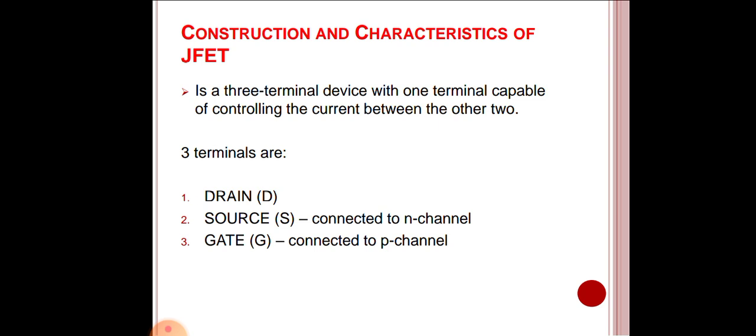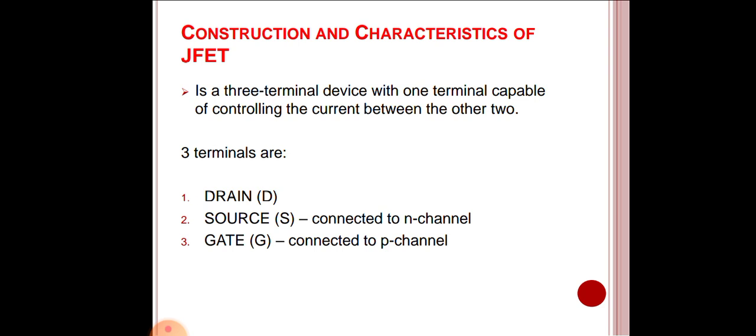So the junction field effect transistor can be divided, depending on their structure, into two categories: N channel JFET and P channel JFET. All of you know what N and P are. We have seen in the construction of diode and transistor that N-type and P-type semiconductors are used for manufacturing